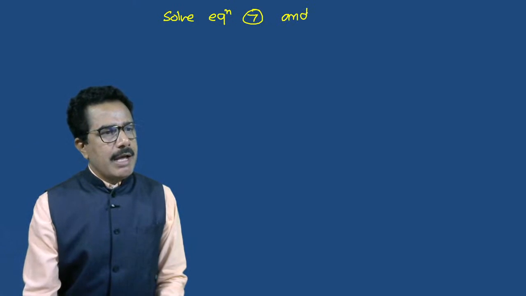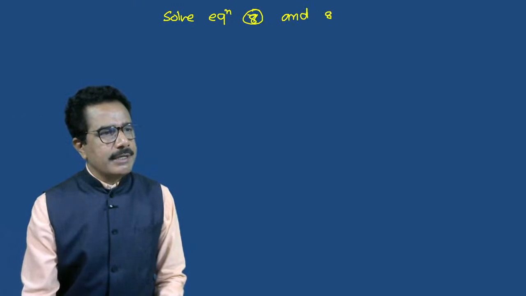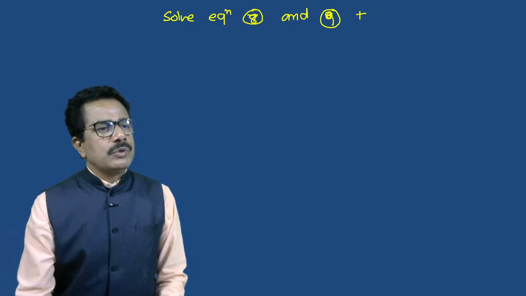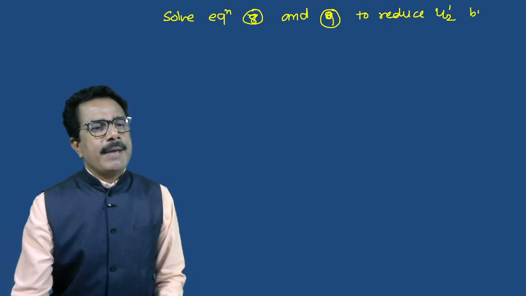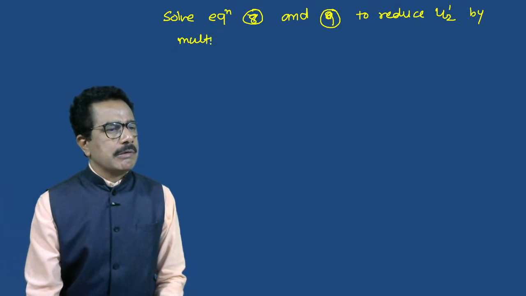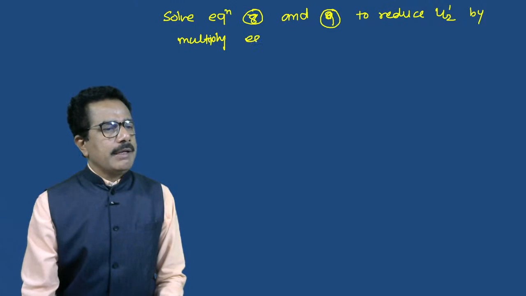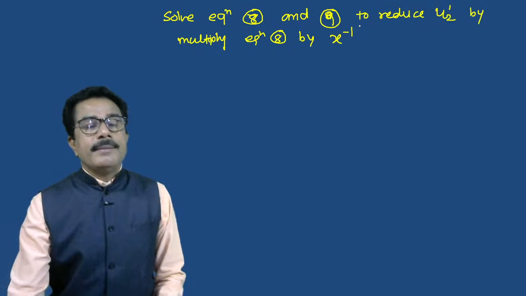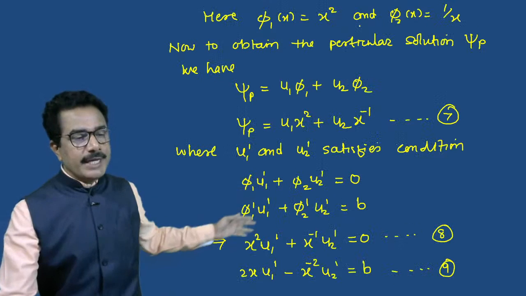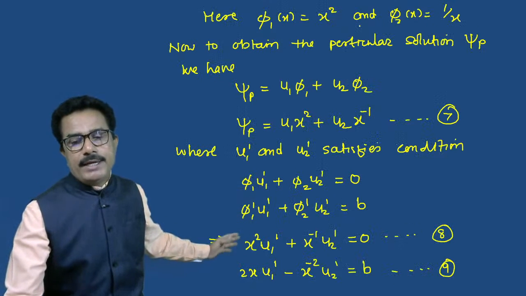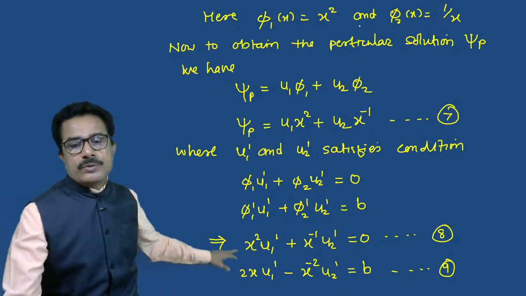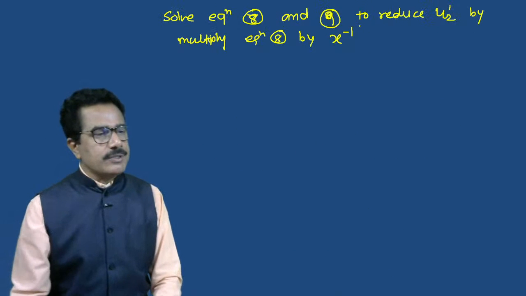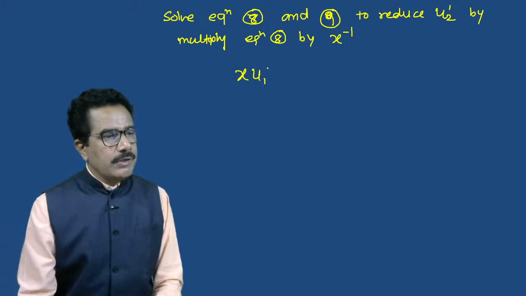Equation 7 and 8 and 9 to reduce u2 dash by multiplying equation 8 by x raised to minus 1. म्हणजे u2 चे कोएफिशिएंट सेम होतात. Then we get the coefficient of u2 will be equal and then we can cancel. आता x raised to minus 2 ला जर x raised to minus 1 न मल्टिप्लाय केलं तर x u1 dash